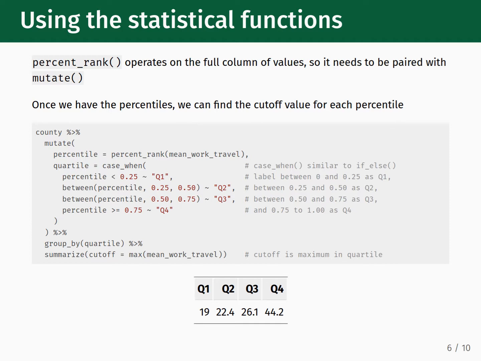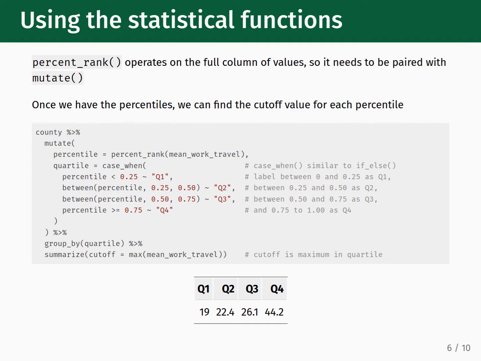The result, which is the county dataset with two new columns, percentile and quartile, is then piped into group_by. We group over the quartile column. There are 4 categories under quartile: Q1, Q2, Q3, and Q4, so there will be 4 groups. Within those 4 groups, we find the maximum value of the original mean_work_travel column. This will define the upper threshold, or cutoff, for the group, which is the value that defines the